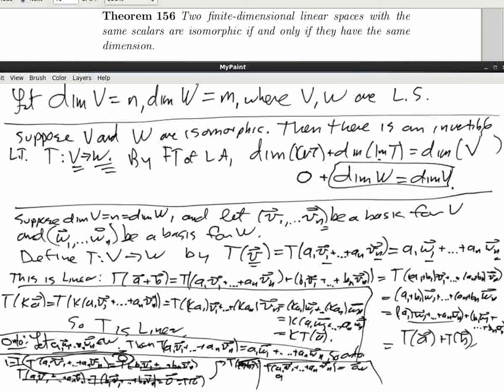Well, this is equal to A1 W1 plus dot dot dot plus AN WN equals 0. And since the basis W's are linearly independent, A1 equals A2 equals dot dot dot equals AN equals 0. So the kernel